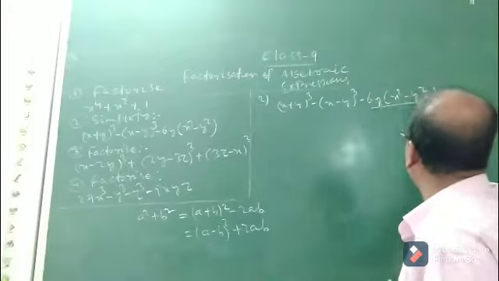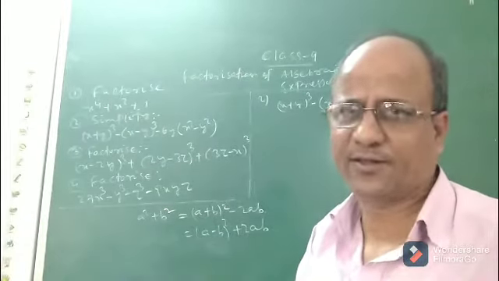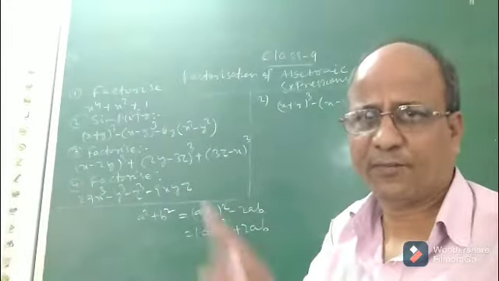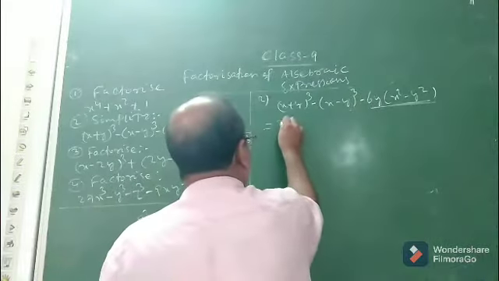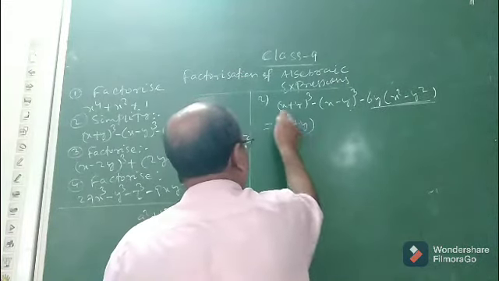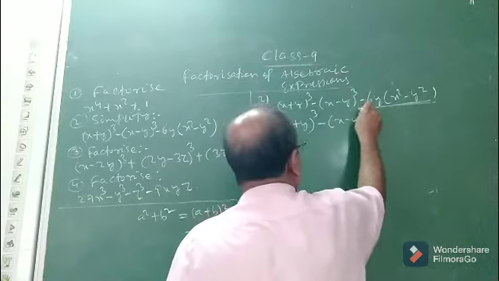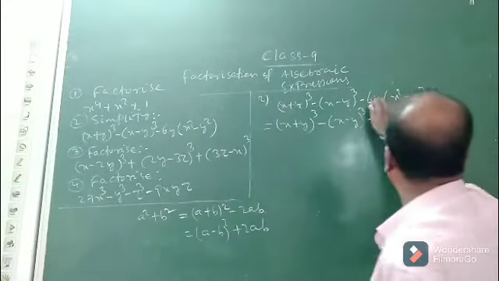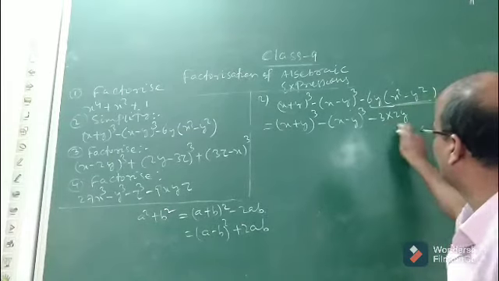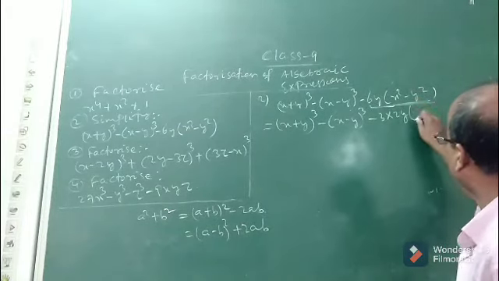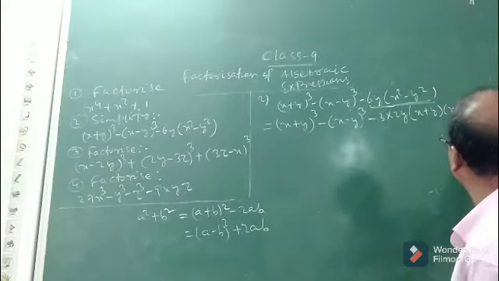But unfortunately this one is not in the form of minus 3ab into a minus b. So we have to bring it into the form. Let us see how. Okay, so now to bring it into the form, let the second term be constant. Now, you break 6y. 6y can be broken as 3 into 2y. See children, and this x square minus y square will be x plus y into x minus y.